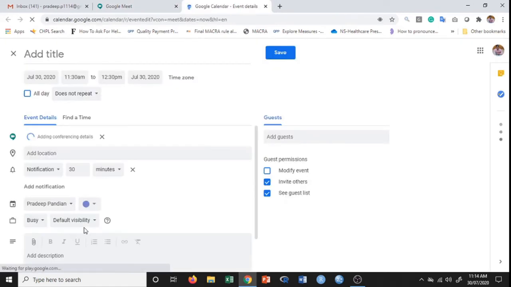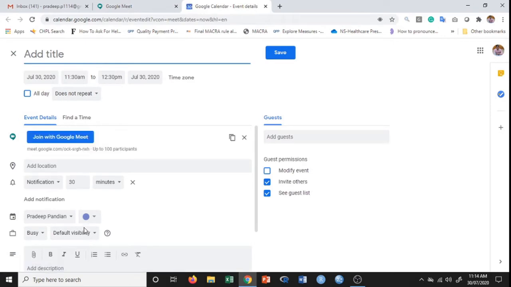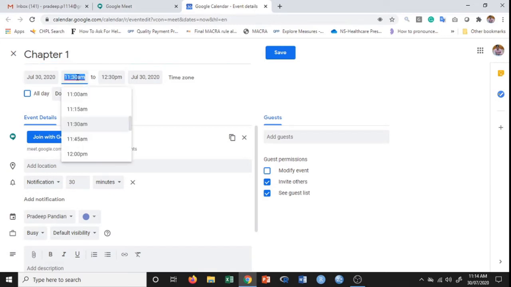Google Calendar has every meeting that you have for that particular day, and you need to give a title. So let me type Chapter 1. Okay, so this is the title. And I'll schedule the meeting today at 12 p.m. and the duration is going to be 1 hour, so 12 p.m. to 1 p.m. Since my time zone is set by default to Indian Standard Time, I'm not going to make any change here.